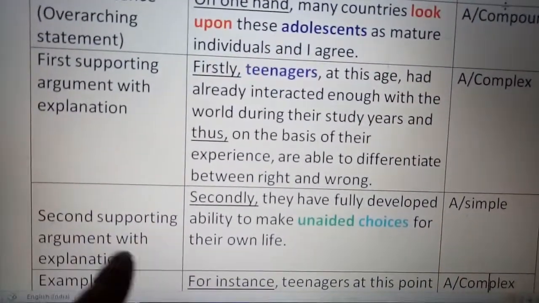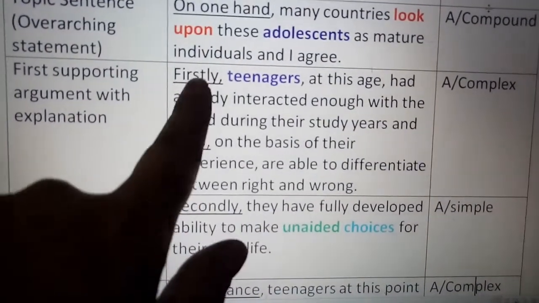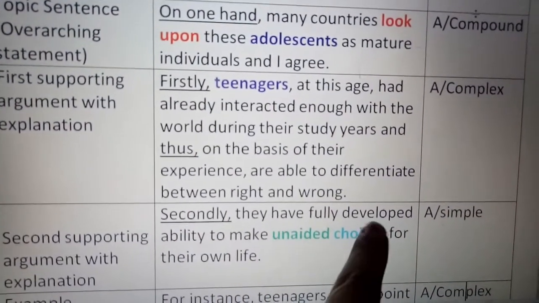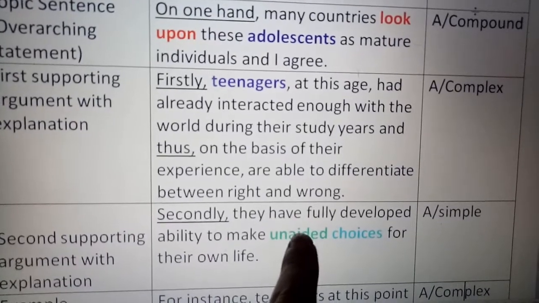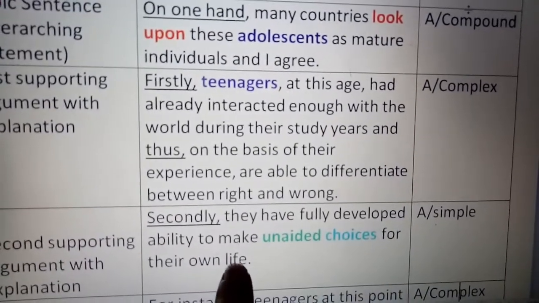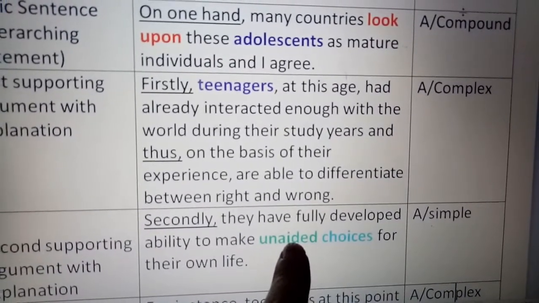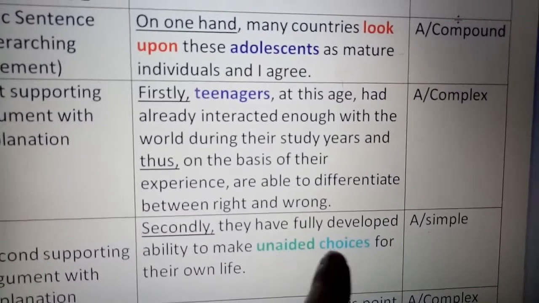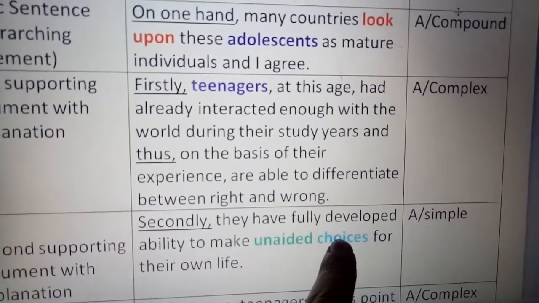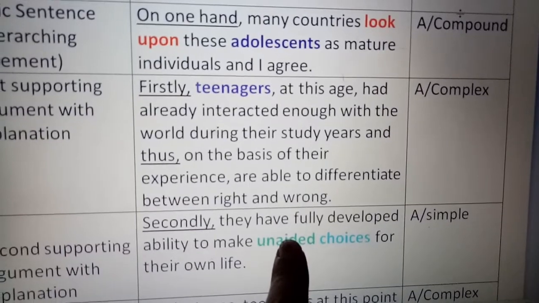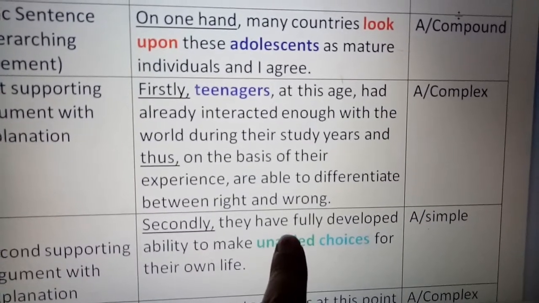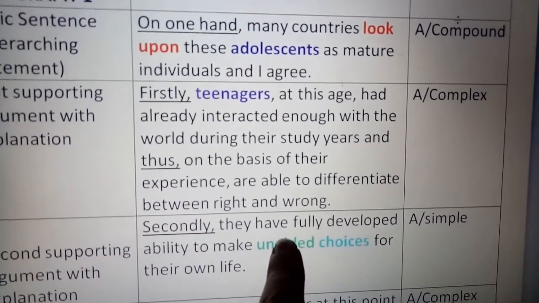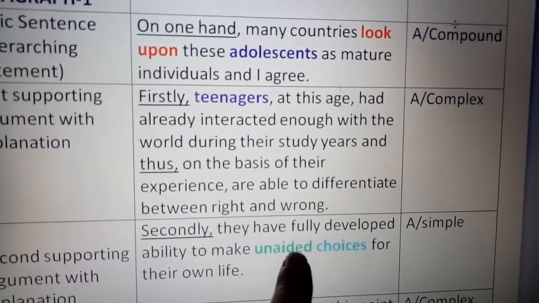Now, second supporting argument with explanation. Secondly, after firstly, they have fully developed ability to make unaided choices for their own life. This is a synonym I have used for independent decisions. Since I have to use independent decisions again and again, I have to use it at 2 or 3 places. So I have just inserted this